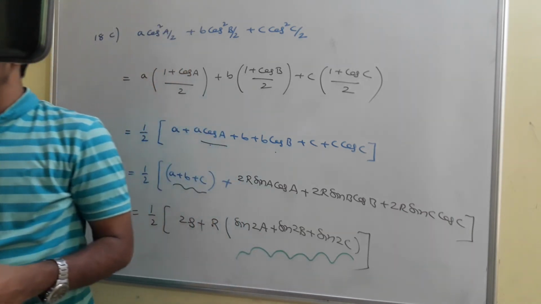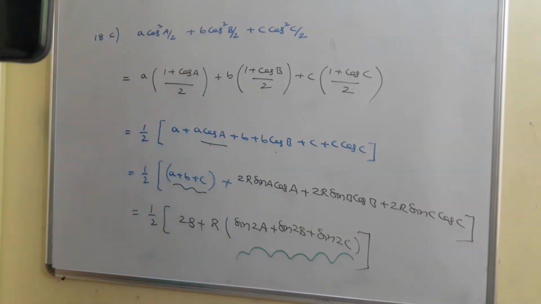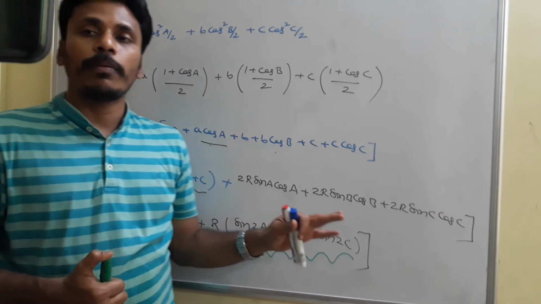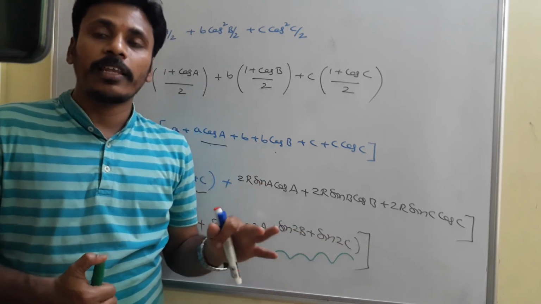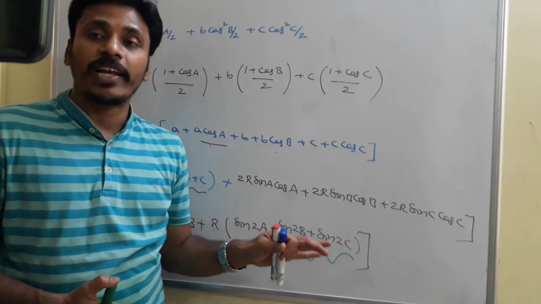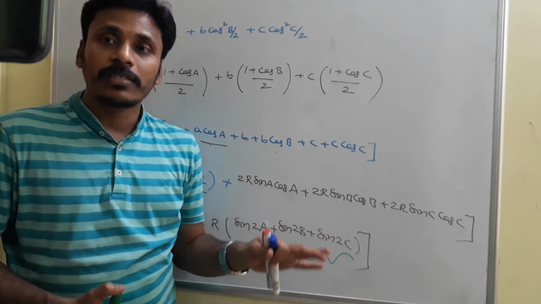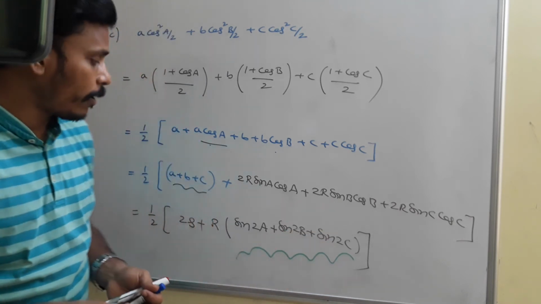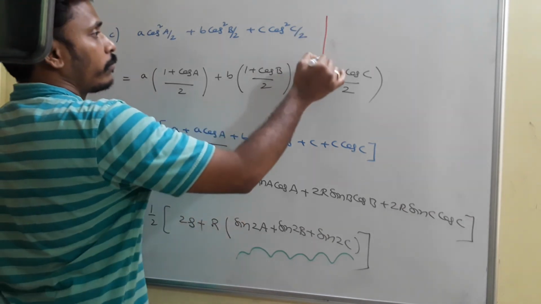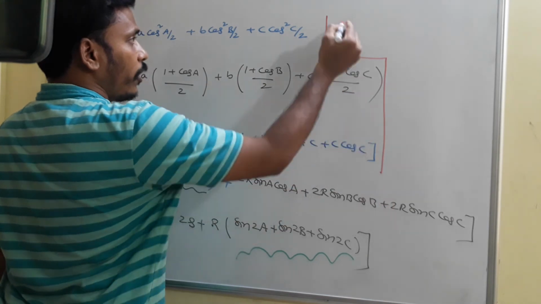You already learned the way of expressing this from transformations. Sin 2a plus sin 2b plus sin 2c is 4 sin a sin b sin c. It is easy to prove it using transformations, but now I am using the statement, not the proof. And for this problem, because of the space concern, I need to use this.